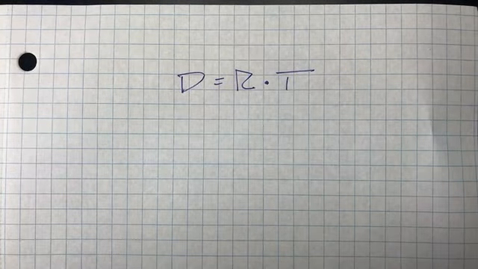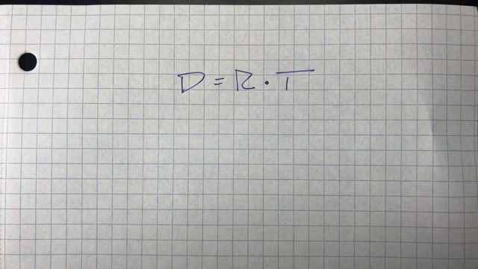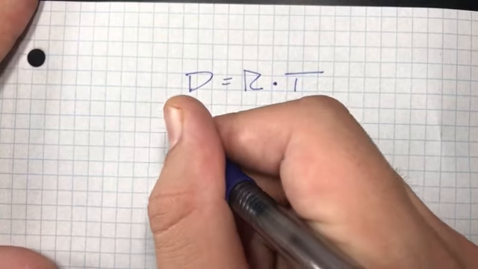So, yeah, distance equals rate times time. The big one on this is that they'll give you just maybe a distance and a rate, and then they'll ask for how long it'll take. So they'll say something like